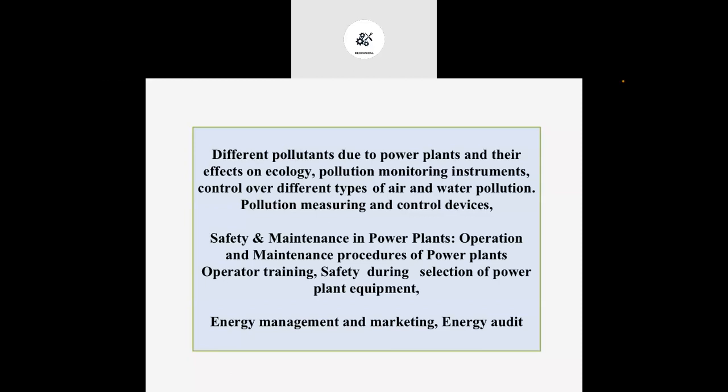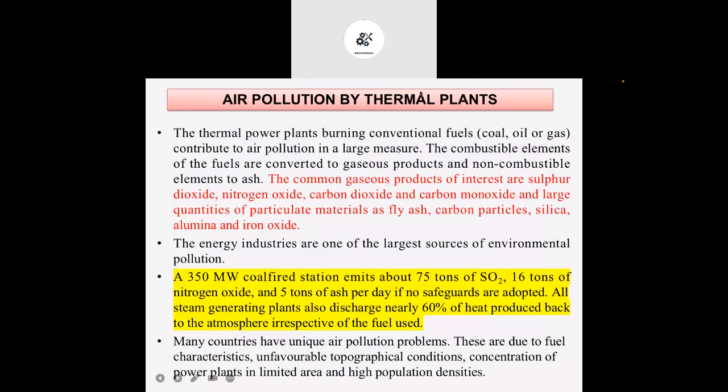How to reduce that quantity, that we are going to see. So first of all, as we know, in a thermal power plant, there are many types of pollution created by the thermal power plant. Specifically, most thermal power plants will cause air pollution and water pollution. Those are the two main pollutions caused by thermal power plants,